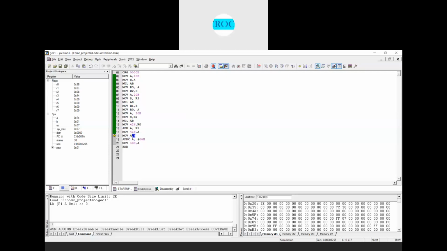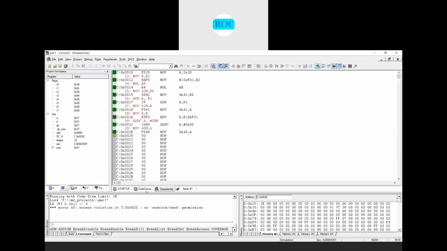The higher byte, which is stored in B, I will move into A. 01 is added with 00 and the carry if it is set, and the result will be stored in accumulator. Whatever is the content, I will move into the memory location 40H.